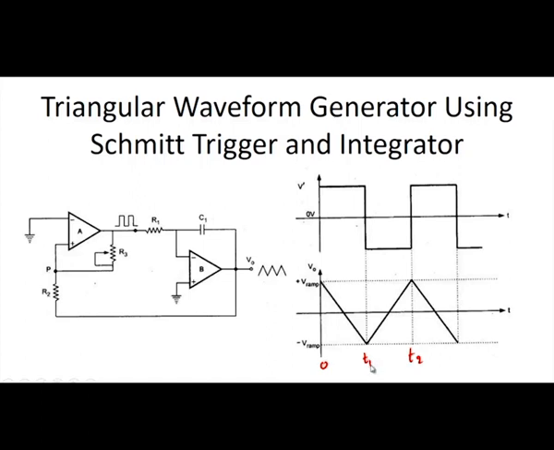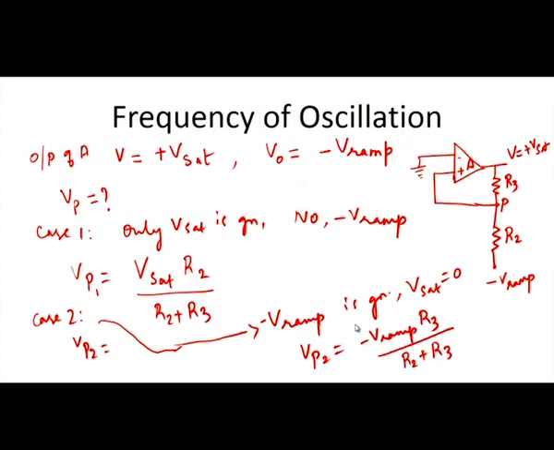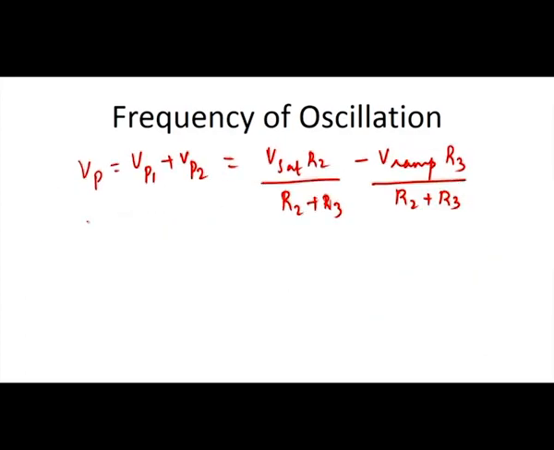This ramp is the output of the integrator, but now we are calculating the effective voltage at P. During this period 0 to T1, the effective voltage at P will be slightly lesser than 0. So, you can consider at the time T equal to T1, the effective voltage Vp will